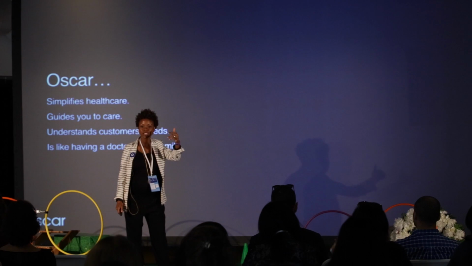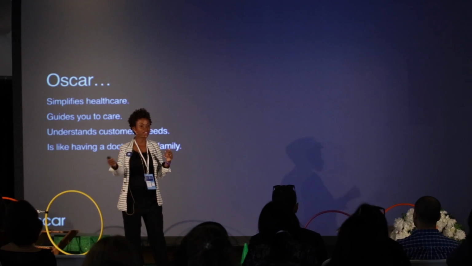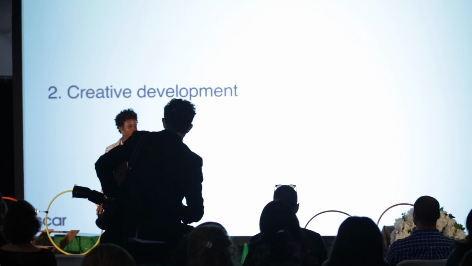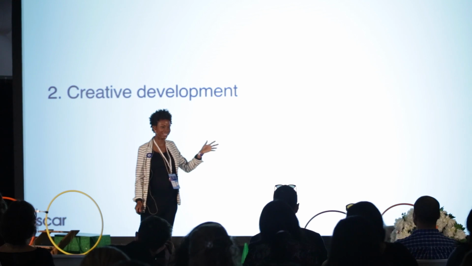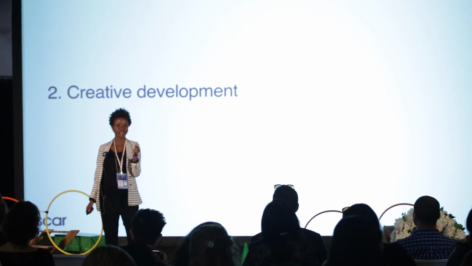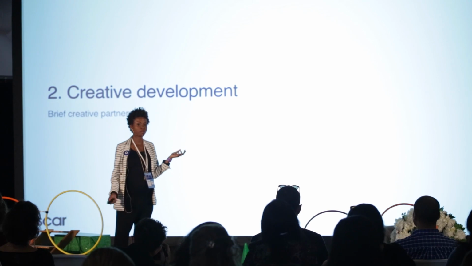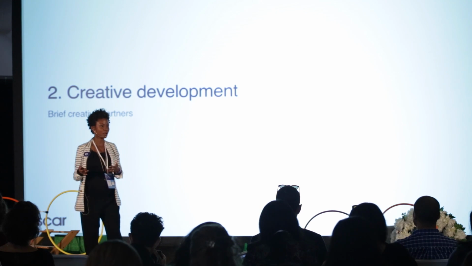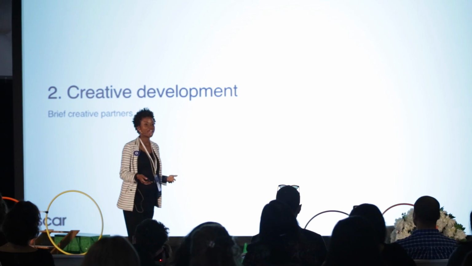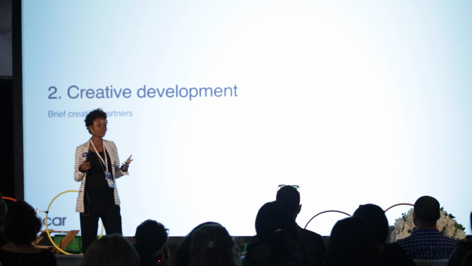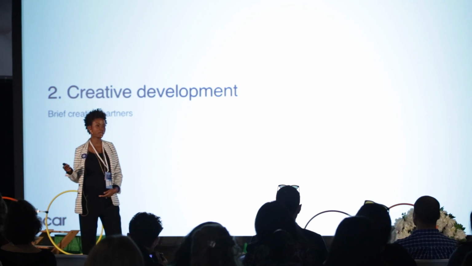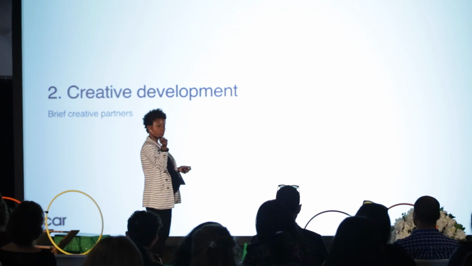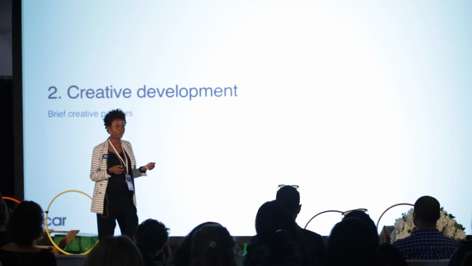All right, so that's phase one, right? That's your strategy. Now, the next phase is thinking about creative development. And I think the strategy stuff is fun, but this is really fun too, and it's the glitzy kind of stuff. But you want to take that strategy and brief your creative partners to help you evolve that strategy from words on paper to a beautiful creative execution. Work starts out pretty rough, but throughout that process and getting to the final product, you create this beautiful, seamless experience, hopefully together. So you want to brief your creative partners with that strategy document that you've developed.